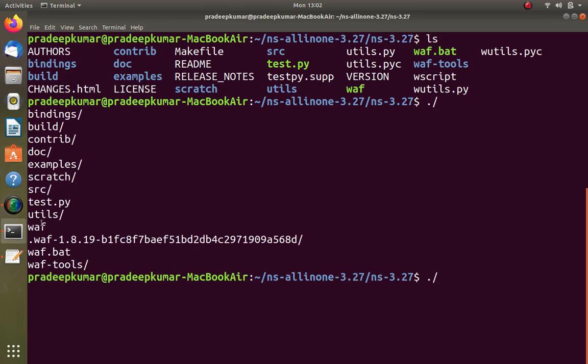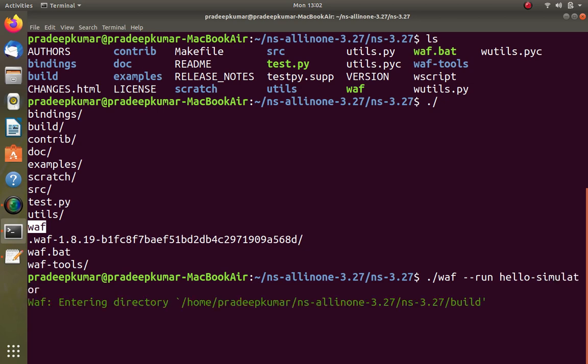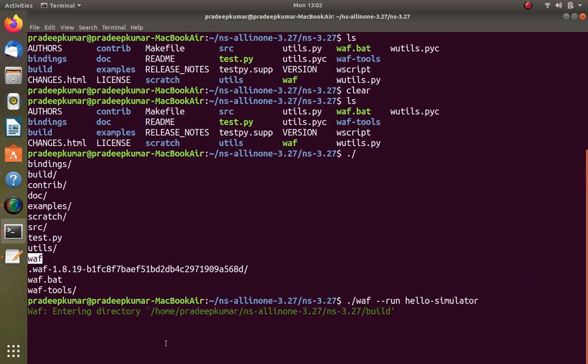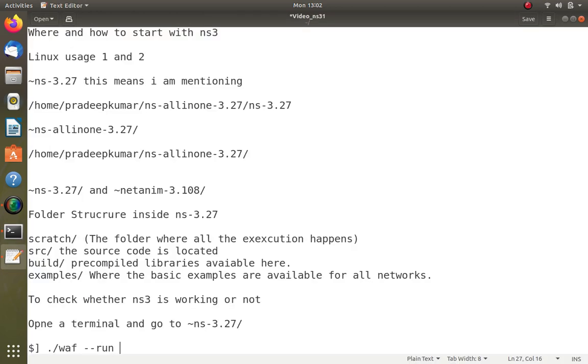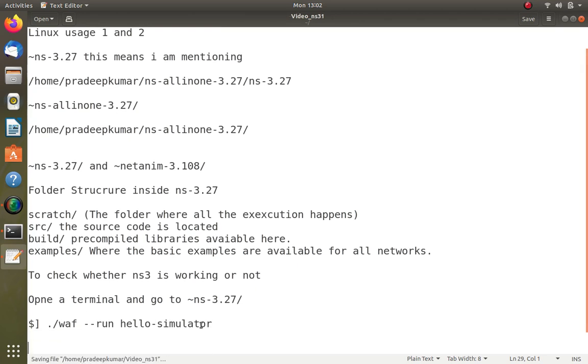You can see a command called waf here. Then waf --run, where --run means running the C++ file, and the simple example is hello-simulator, to check whether it is working or not. So the command is ./waf --run hello-simulator. Once you get the hello simulator output, that means it is running. This is the first example where you should get an output.